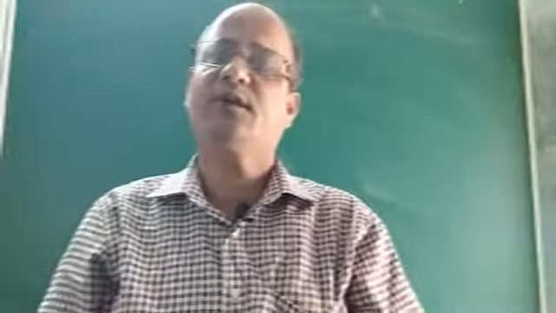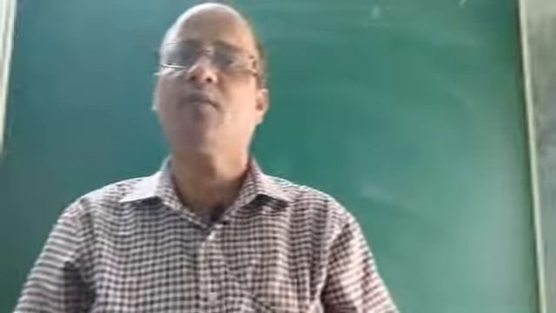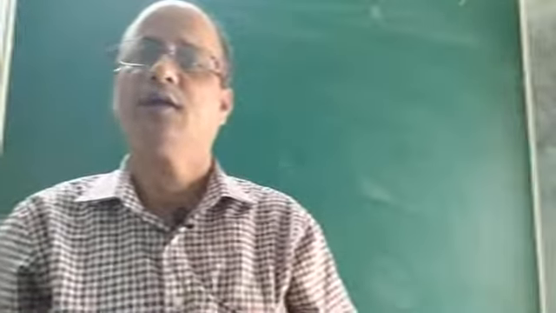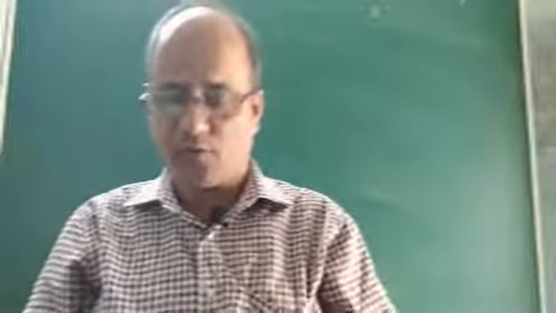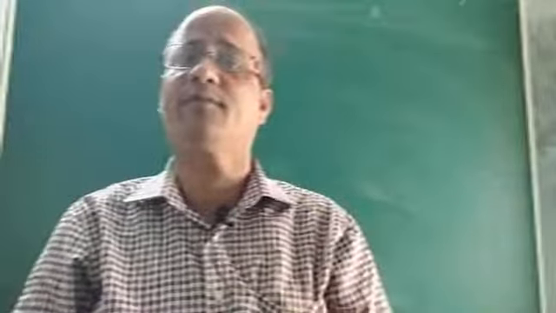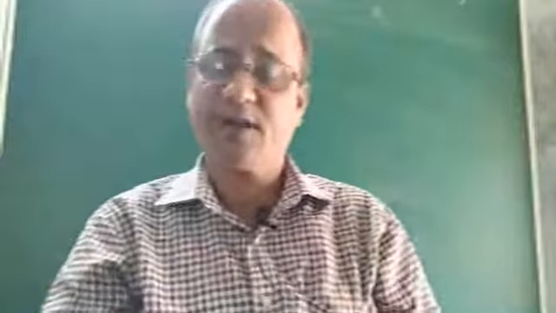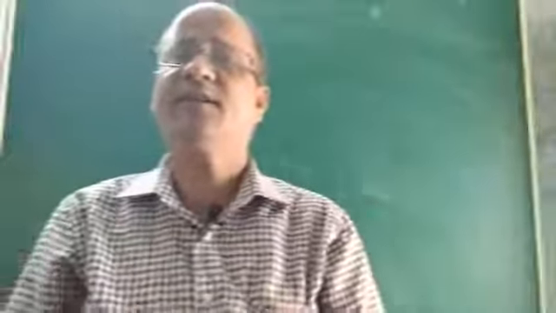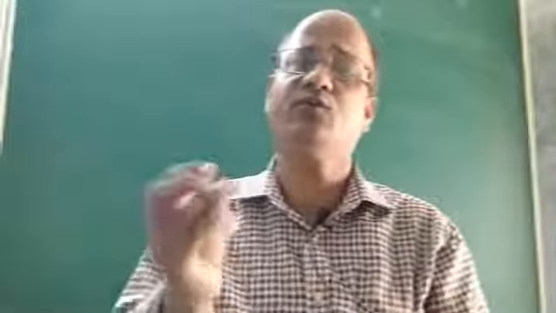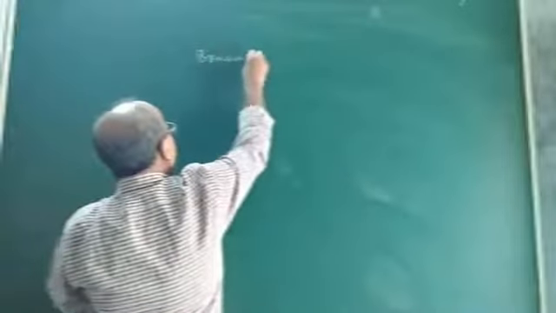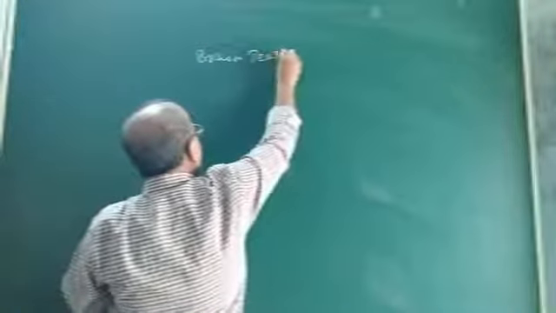Children, in the last class we were discussing the brain teaser problems of the chapter Cube and Cube Root, and we had completed up to number 4. Today let us discuss the same brain teaser problems, numbers 5 and 6. How many questions are left? 5, 6, 7 and 8. There are 4 questions left. Let us solve all these problems today. So it is your brain teaser.